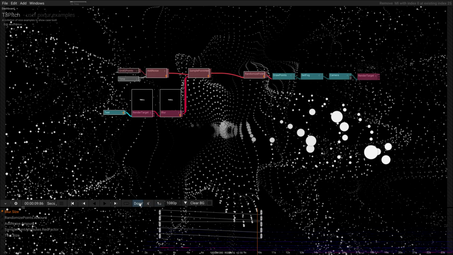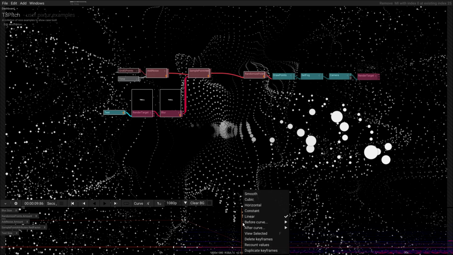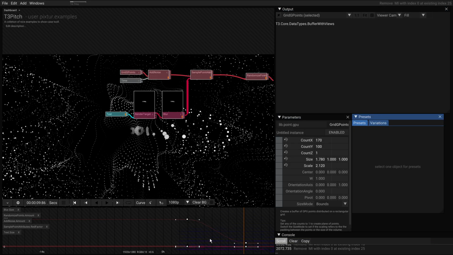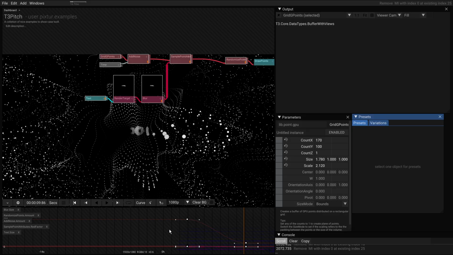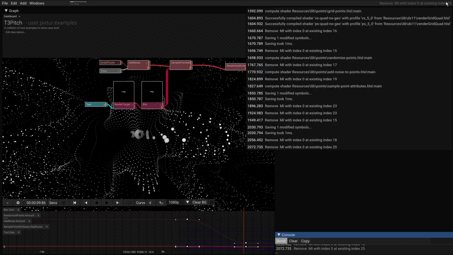Of course, you can also decide to use a curve editor, and you can also have things like smooth animation curves. And then if you go back to the screen, you can see the curve editor better there. So let's go back to the full screen view.